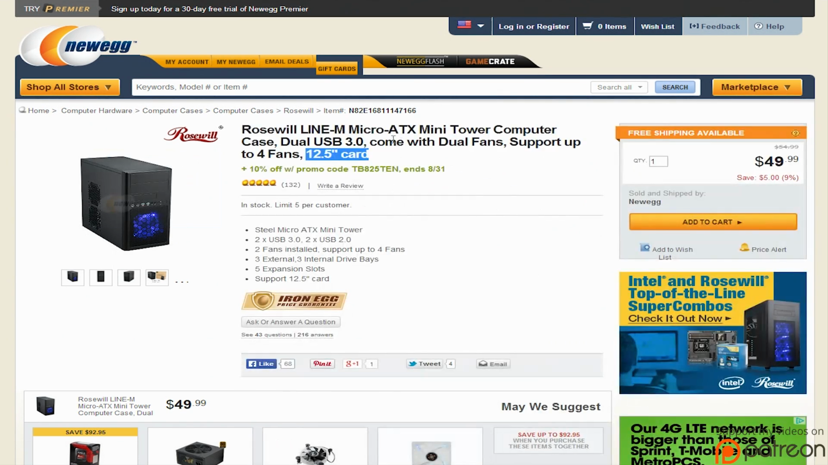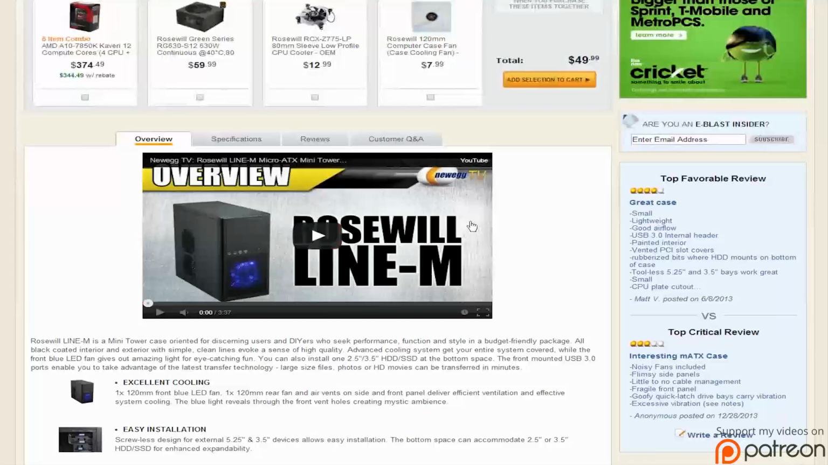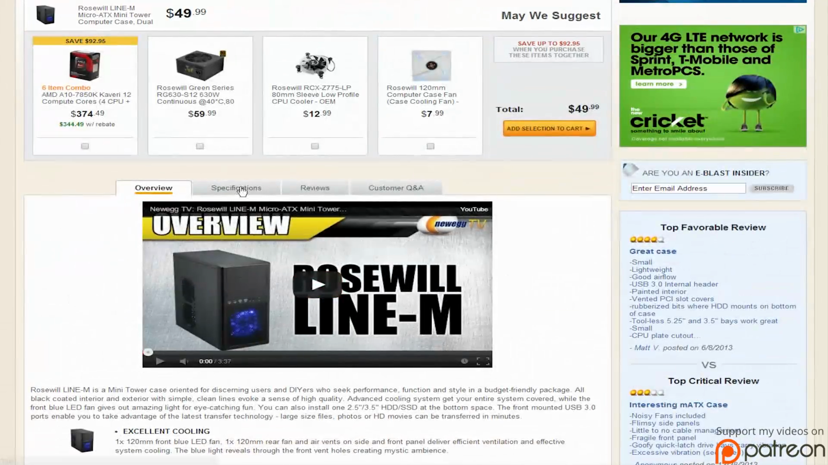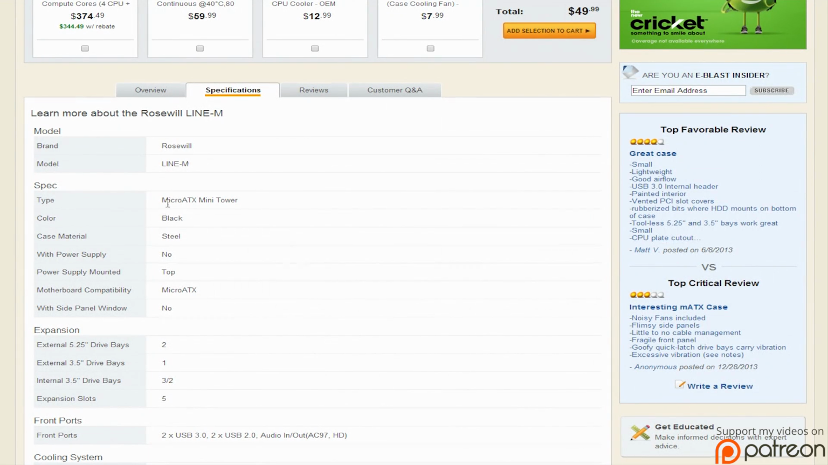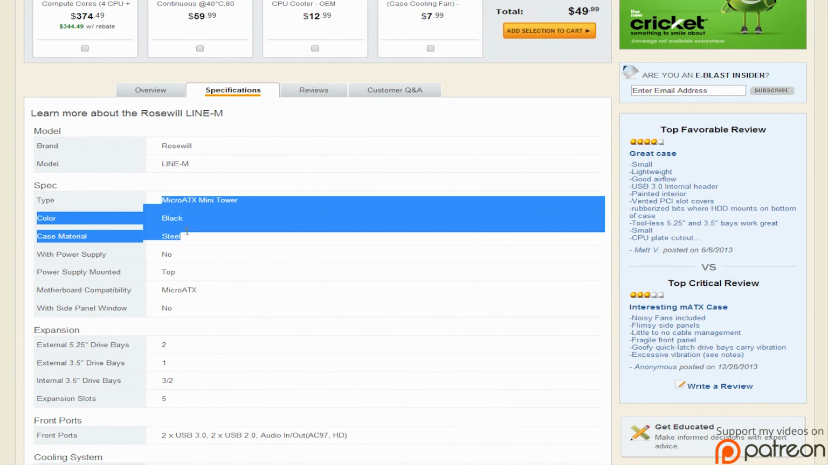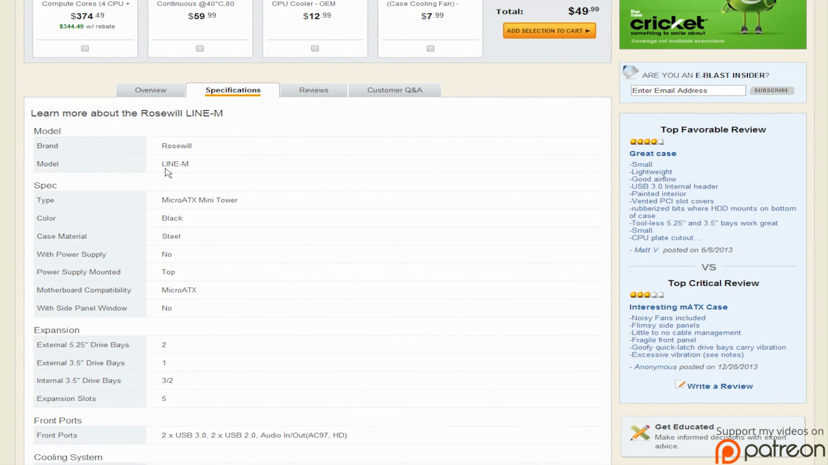And supports up to 4 fans, USB 3.0, and it's a micro ATX case, or a mini tower, I guess you could call it. Let's go and look at the specifications. So micro ATX, it's Roswell line M, and here is micro ATX mini tower, black, steel, no power supply bundled with it, so you have to buy a separate power